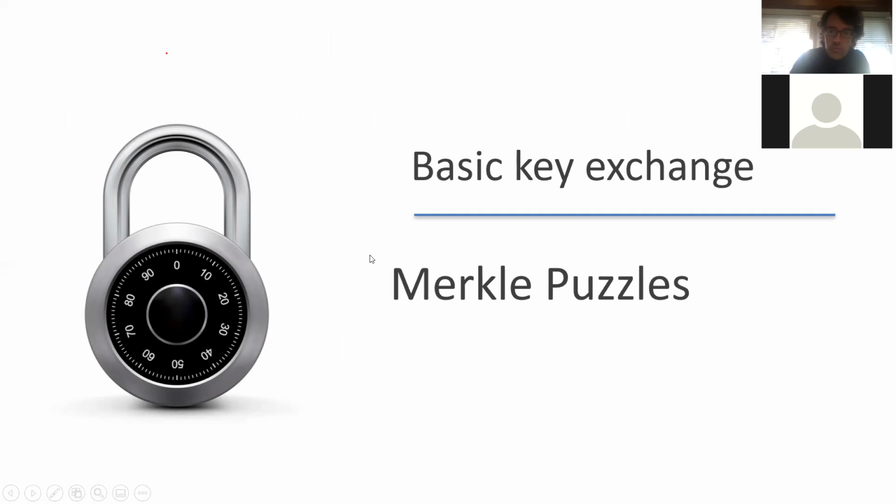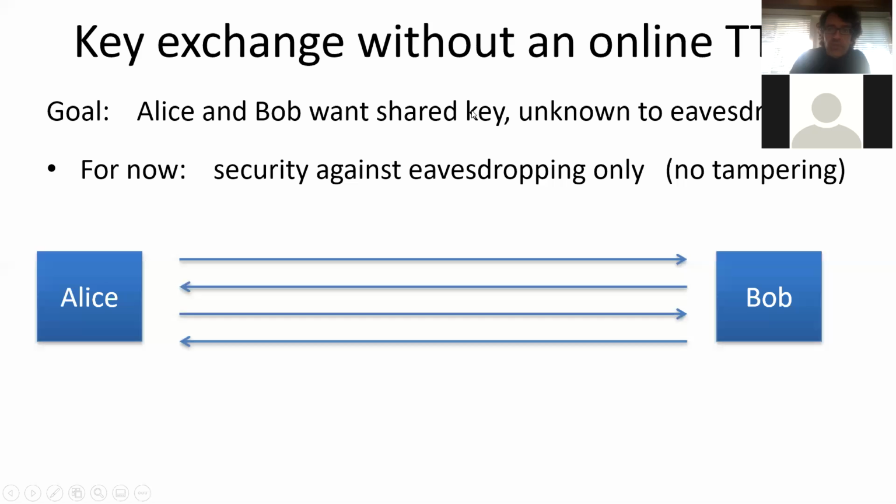So, basic key exchange by Merkle. What's the problem of key exchange? Let Alice and Bob be connected by a network. It is a public network. So there is an eavesdropper who can intercept everything. But we want security only against an eavesdropper. So he will not tamper with it. He will not send messages on his own or modify the ones that are transmitted, but he will hear everything. In such a setting, is it possible